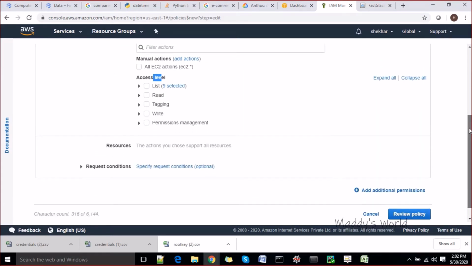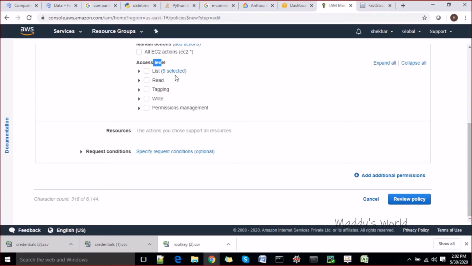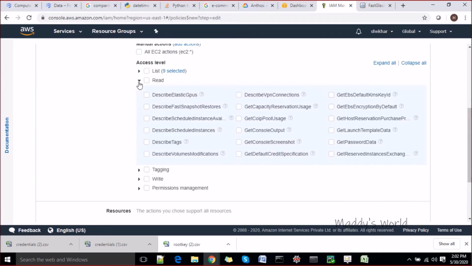Okay, so once we have the 9 selected, right, go ahead to the read section. In the read section, what should they be able to read, right? You have to take care of this also. What do you need here, do you think describe scheduled instances, volume modification, launch templates, and reservation purchase? I don't think get coip pool, get console screenshot,